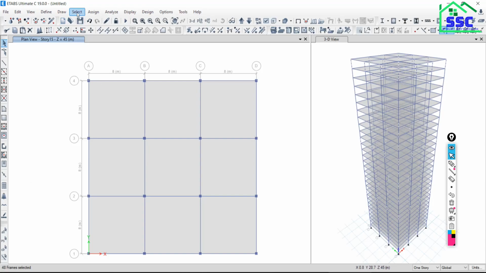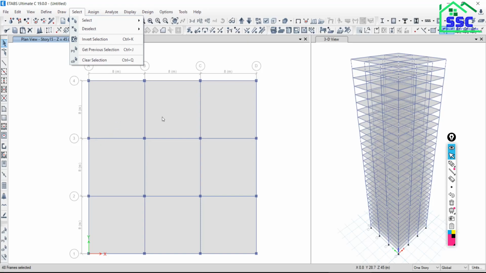Now another thing, one option is there: Inward Selection. Whatever is in selection will be deselected, and the remaining things of the model will be selected. Are you getting my point?